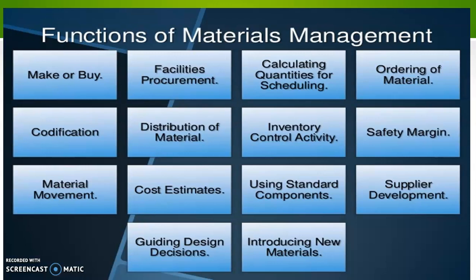So next is introducing new materials. Today's manufacturing and assembly units are becoming increasingly robotics driven, and it reduces the labor cost. And the use of sensor data during manufacturing, fabrication or assembly will bring in new methods of production control parameters, and that will enhance the quality control efficiency. So these are all about the functions of material management.